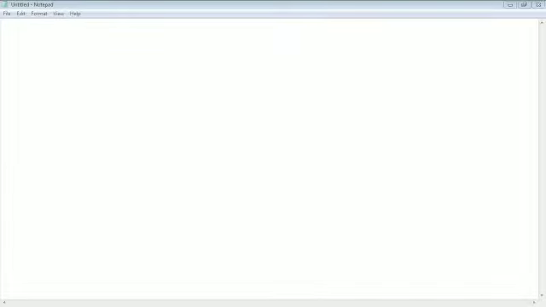Then, when we want to see the output of our coding, we need to use a browser. Any browser you can take, like Internet Explorer, Google Chrome, Opera, and many other browsers are there to see the output of HTML. So first we will work with the editor.